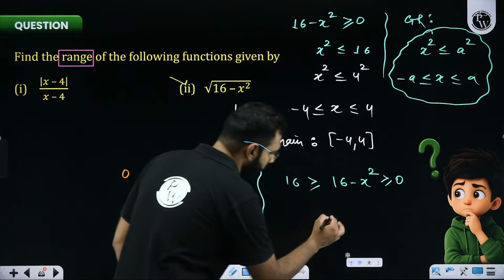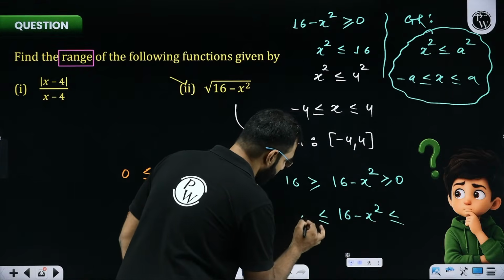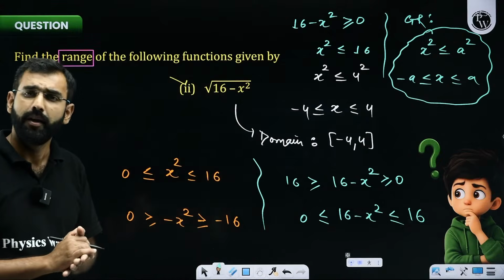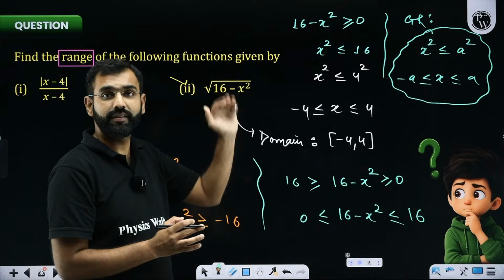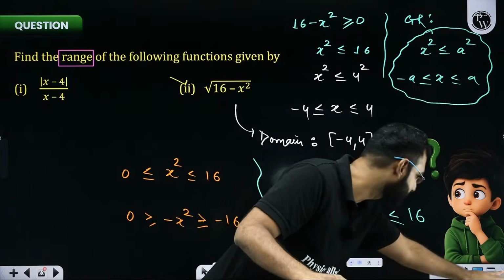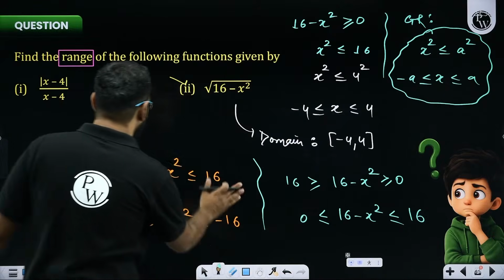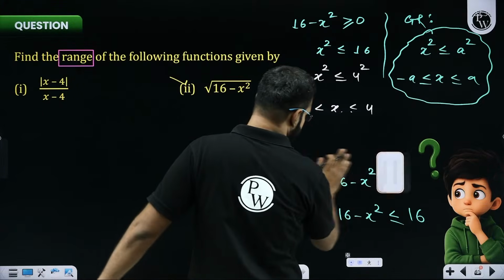So can I first of all say in a better language, 16 minus x square, I know from my knowledge, is from 0 to 16. Are you all able to think like this? But sir, it is technically 16 minus x squared. No, it is under root over 16 minus x squared. So in that case, what are you really going to do? I think you know the answer. I think you know what to do.